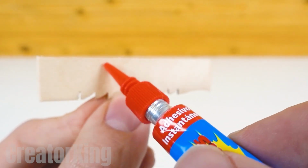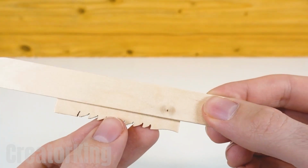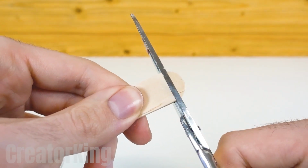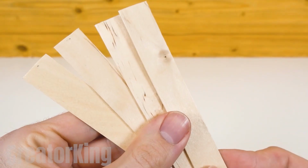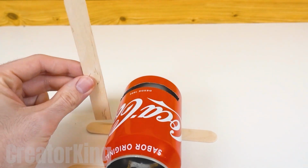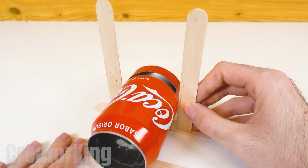This will be the sharp saw that will send any filthy vermin to the beyond. Glue another popsicle stick on top of it. Try not to cover the teeth. Cut off one of the rounded ends of the new popsicle stick and repeat the same with 3 more. Superglue the 2 sticks together in the way you see on the screen to serve as a support for the